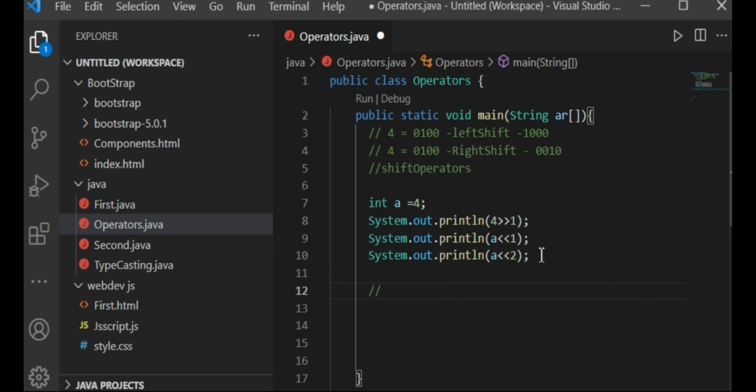Now I will perform the ternary operation.